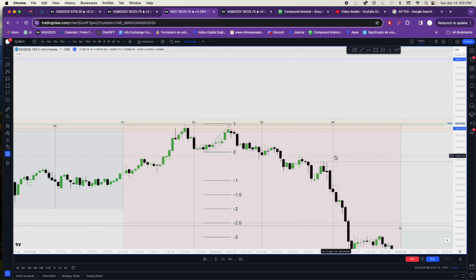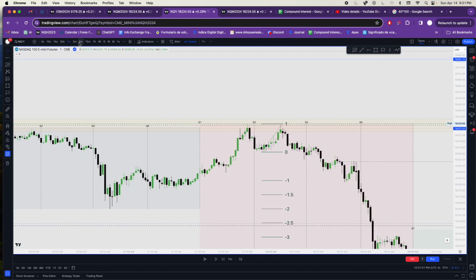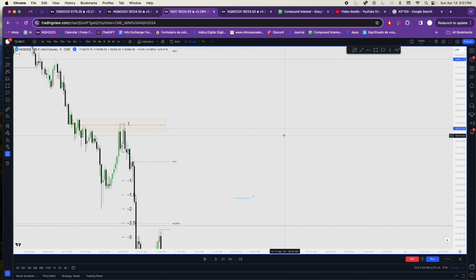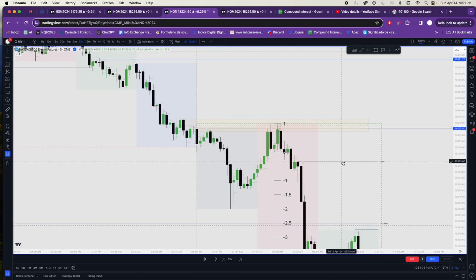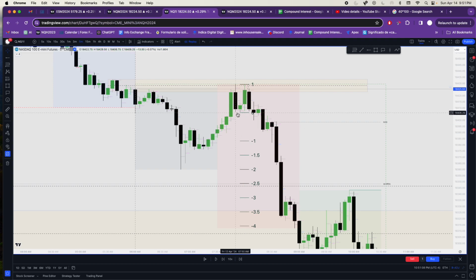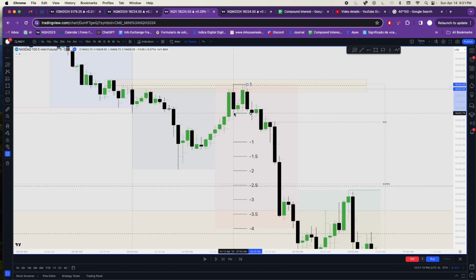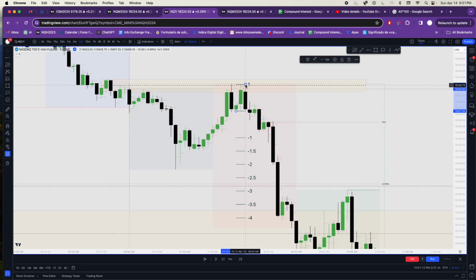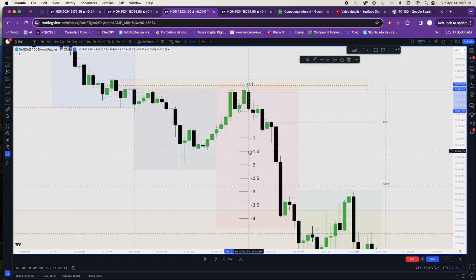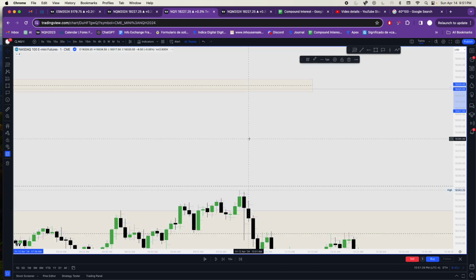SD for 1.5 standard deviation. So let's go back to the 5, and 1.5 standard deviation is right here. Not sure why we want to look for that. Look for change near order block and retracement. We got that. Look for inverse fair value gap after change in state delivery and market structure shift. So back on the 1,